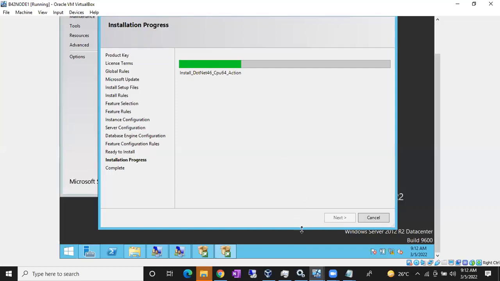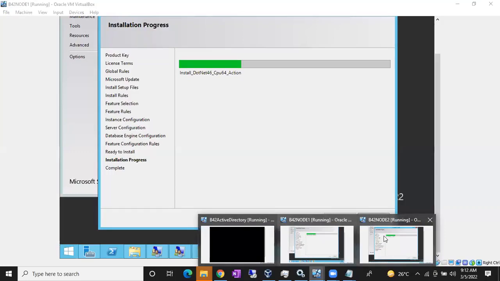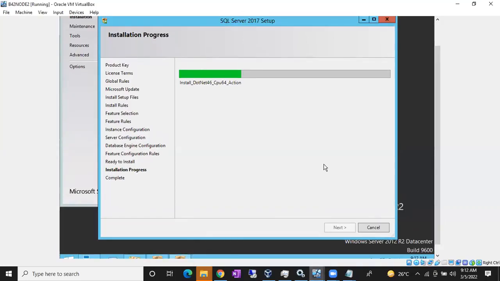Let's wait. The installation is pending. Oh, come on. There is some issue then. Install .NET 4.6 x64. Okay, guys. It will take time. So let it be. If it is cancelled, I'll troubleshoot it and fix the issue. Might be no issue, but we have to restart after installing the .NET framework. That is the only thing causing the issue. Let's wait for it.